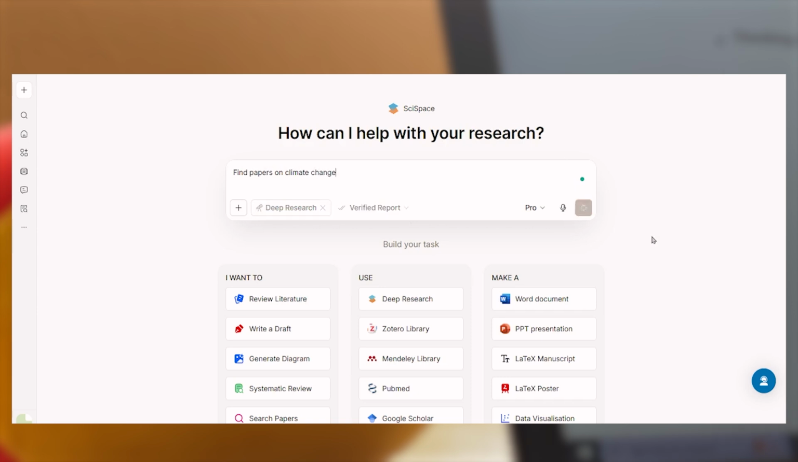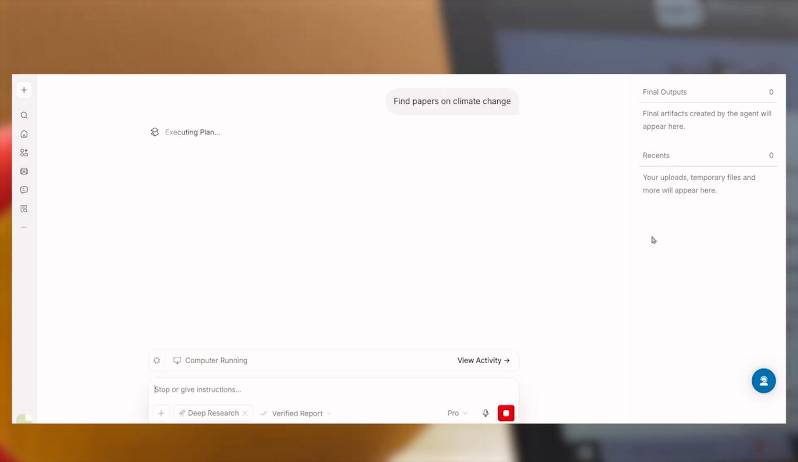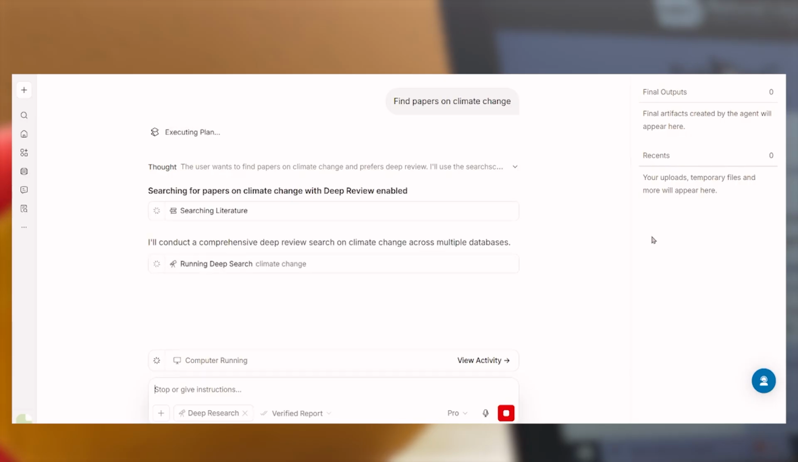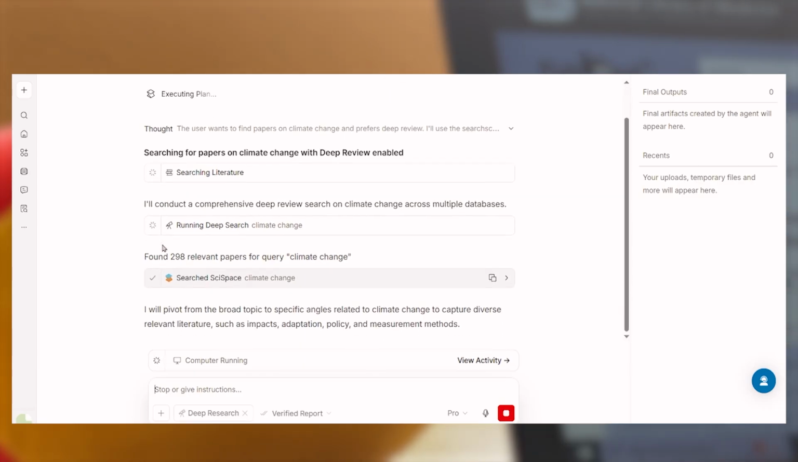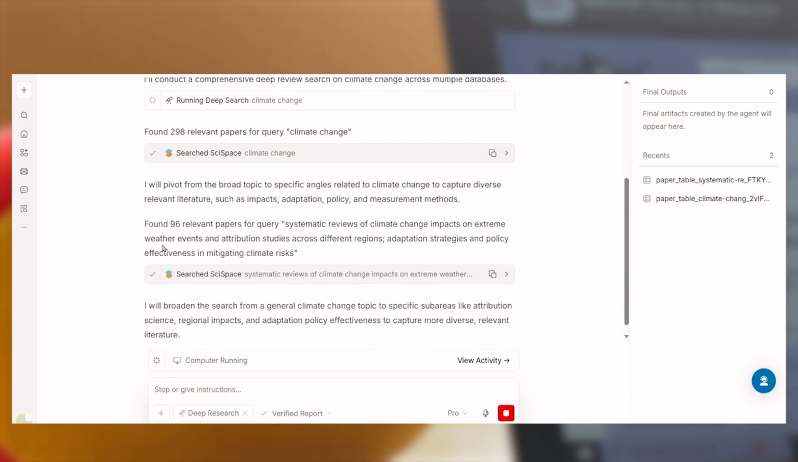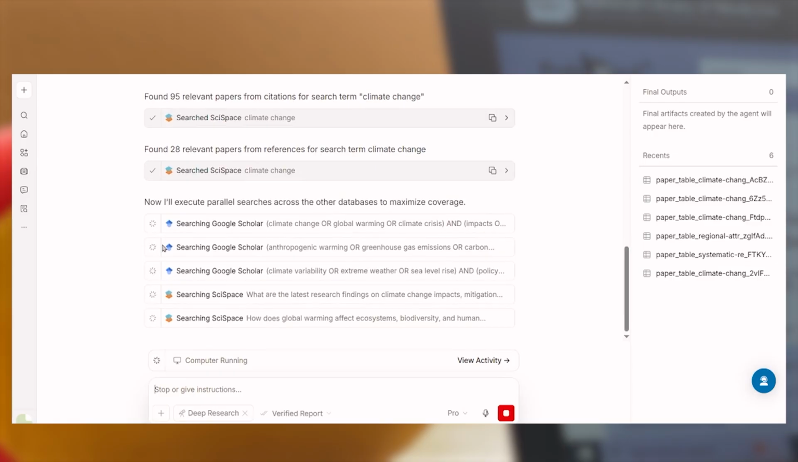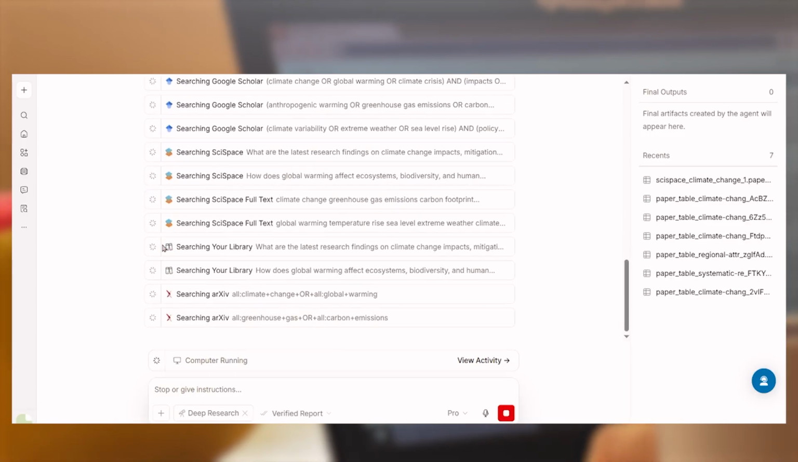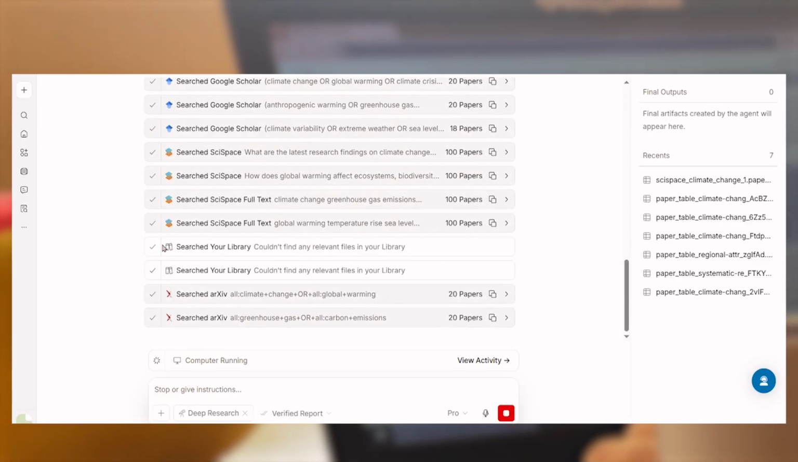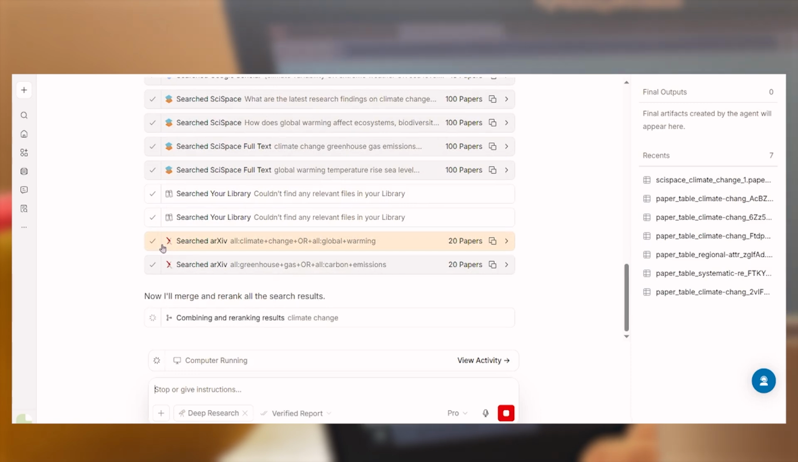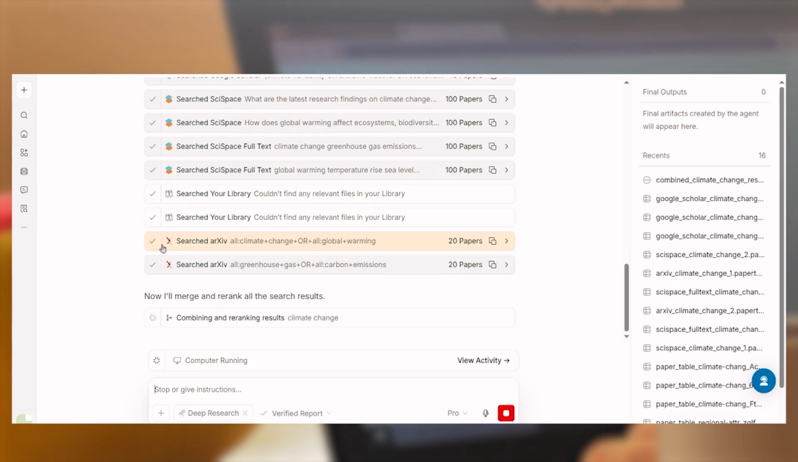As we already know, it shows us the thinking process and the different steps that it takes to reach that specific goal. First, doing a comprehensive deep review on climate change across multiple databases, and I think I covered that feature in a previous video also in the playlist that I told you about. After the deep search, it comes out with the papers that it found relevant to the topic, and here it says that it found 298 relevant papers for the query climate change, and it's showing you what exactly it finds